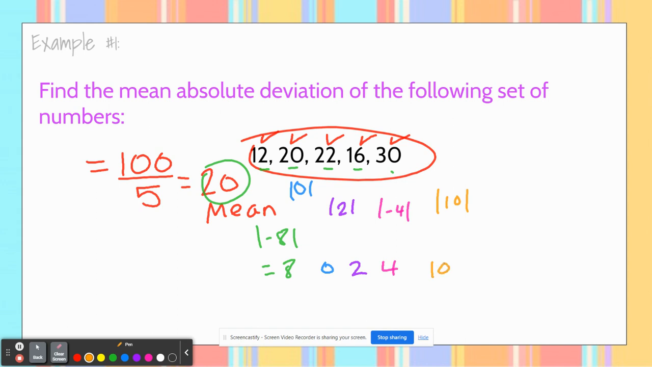So now we found the distances. The next step we need to do is find the average of those distances. So what's the average distance away from the mean? To find the average distance, we're going to add these numbers up and we get 24. And then we're going to divide it by how many numbers there are, which there are still a total of 5 numbers. So 24 divided by 5